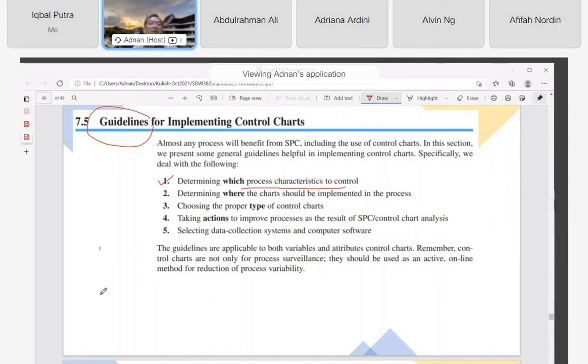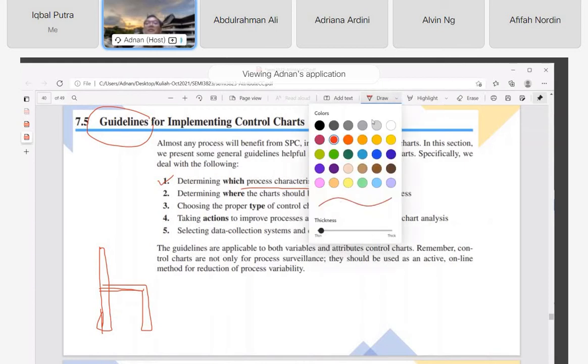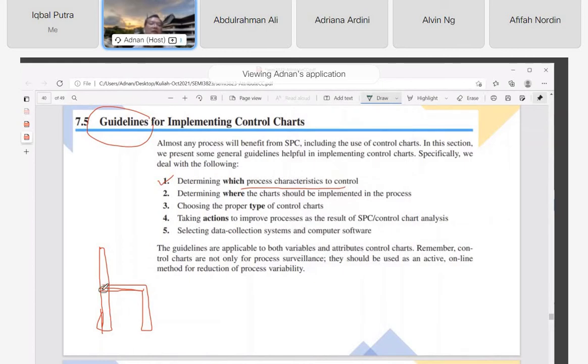I gave you an example earlier, a chair. Why did I pick a chair? Because everybody knows chairs, very simple. So where is the critical part of this chair if you want to monitor it? Sorry, the drawing is not so nice here. Maybe you have a joining here. What will be critical for a chair? You have a joint here, maybe. You have a cushion and so on. So you can